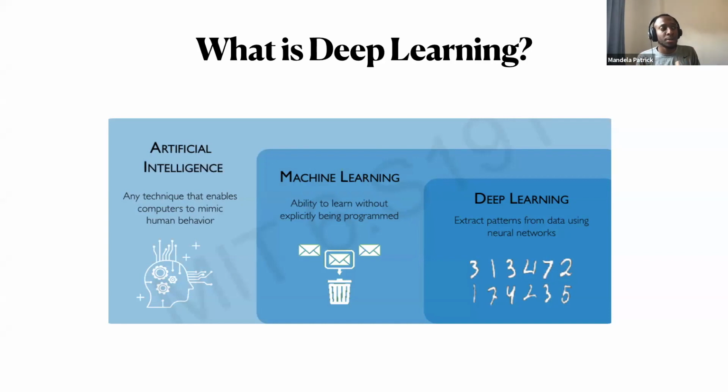And then if we go a little deeper, we have machine learning, which is specifically how you achieve this using only data. Instead of symbolic AI, which was the paradigm before, where you would have to hand define specific rules on how you want a computer to learn, now you just give the computer a bunch of data and it figures out on its own how to mimic human behavior. And then you go a little deeper and you have what we call deep learning, where specifically we use models called neural networks to achieve this objective.